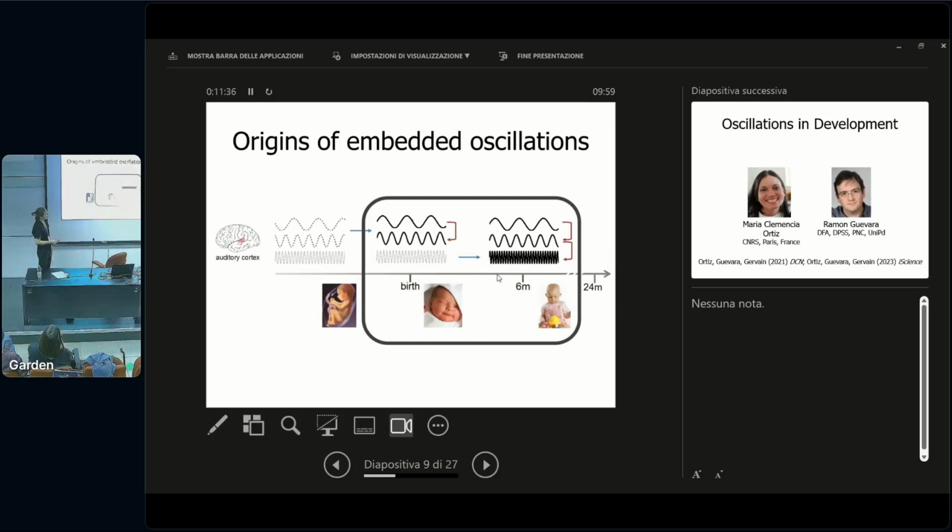And so we are looking at babies longitudinally, at birth, looking at the impact of prenatal experience, around 6 months and at 24 months, to see how the oscillations come online, get aligned, and how that then impacts language development. And so the first study I'm going to present was done